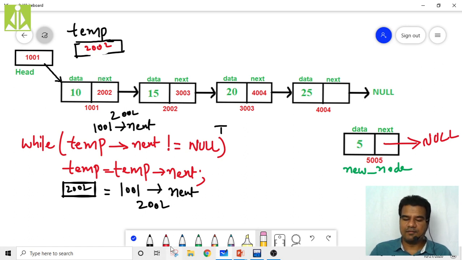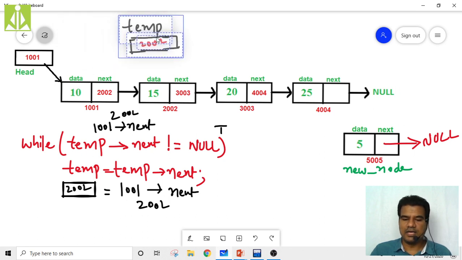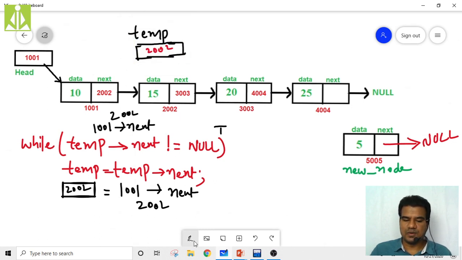Then where is that temporary pointer going to point? It is going to point to this location. That we will see now. I'm just taking this entire thing and moving it ahead, so it will come over here and it will point to this location.